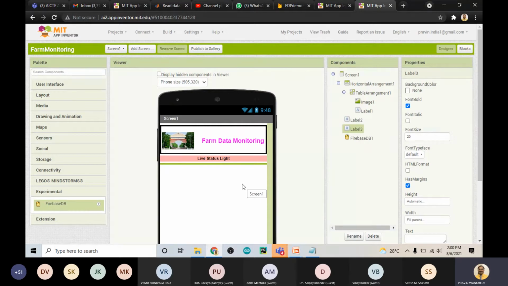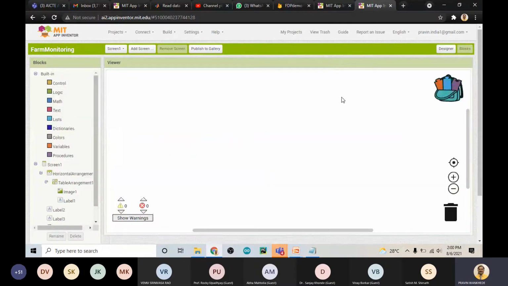Now obviously again people think, oh, we need to do some programming. No, there is block level programming here. So here, if you see, this is named Blocks. If you click on these blocks, it will open another window, and something changes now. On the left hand side, you can see there are blocks.